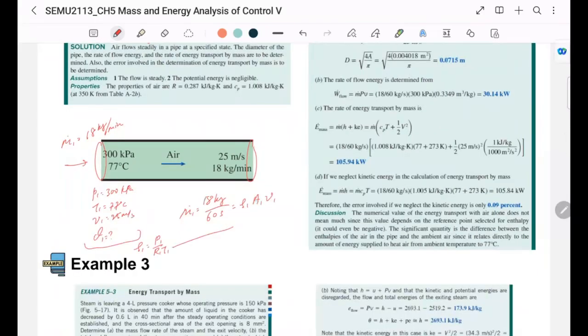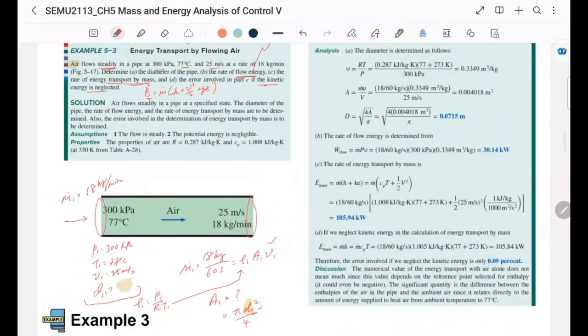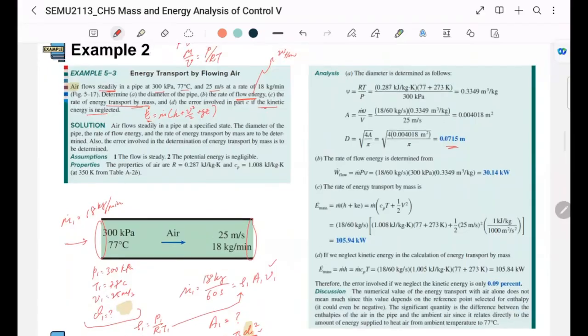So then density I can find, no problem. Velocity, I have the number. So then I will be able to find out how much is my area. So that will be pi d squared over 4. So from there, I can find out my area, diameter. Okay, so then I can find out this, which if you try it, you should get this number. Okay, so later, the exact calculation, I'll leave you to try it later on. Right then, so that's how we can find out the diameter of the fluid here.